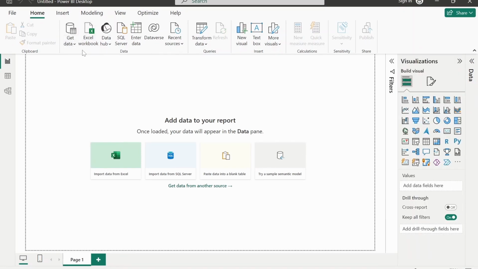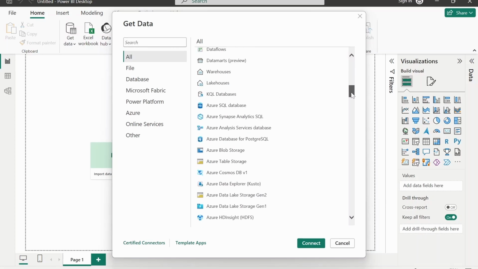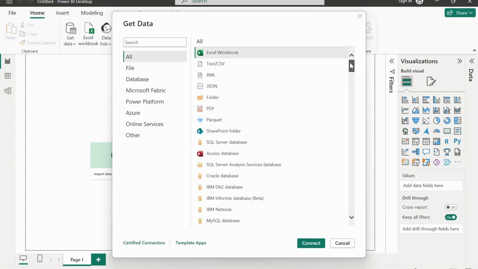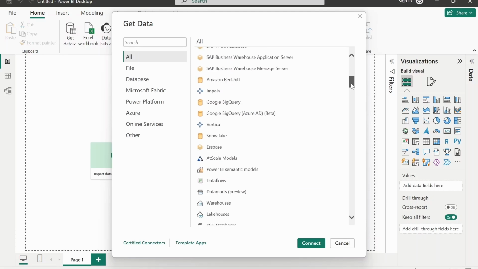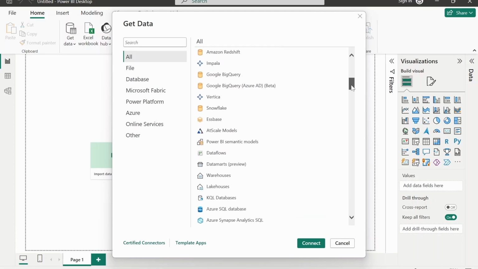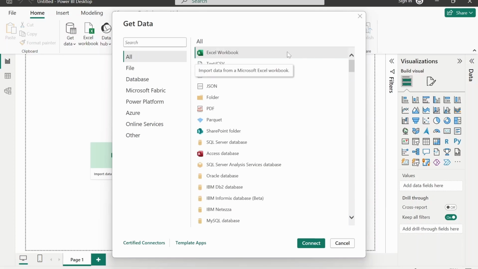First of all, we will try to import the data. We will click on this Get Data, and here it will list out all possible data sources from which it can import data. You can see here Excel, CSV, JSON, folder, PDF. There are different types of databases, MySQL, PostgreSQL, right? And there are many options from different providers, right? So we will just select Excel for this video. We will go and select Excel,